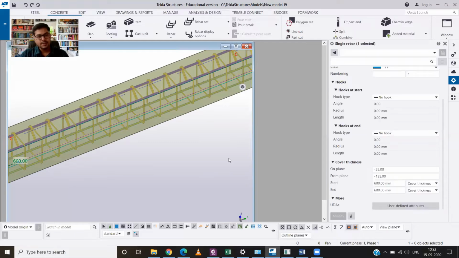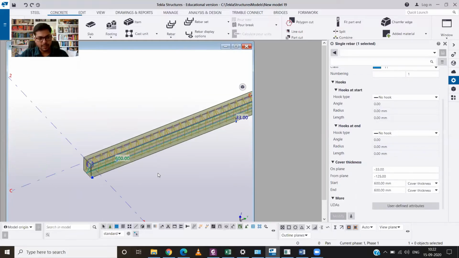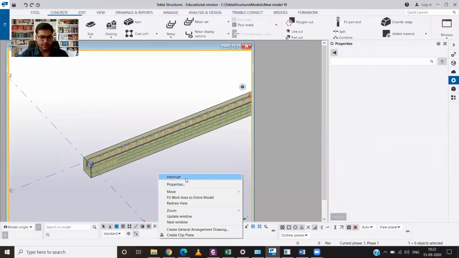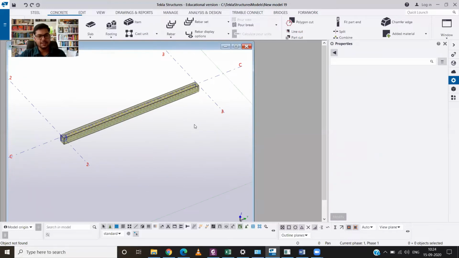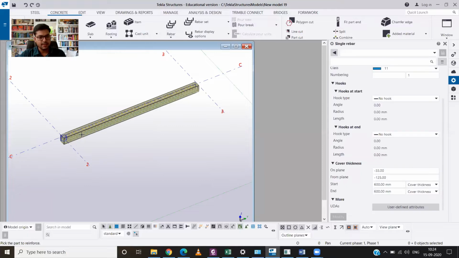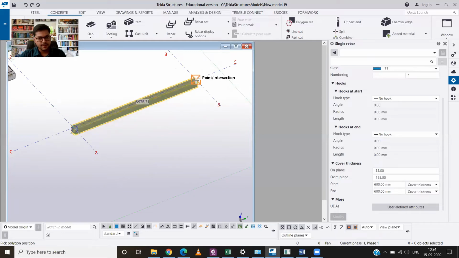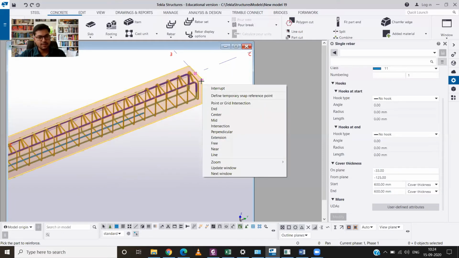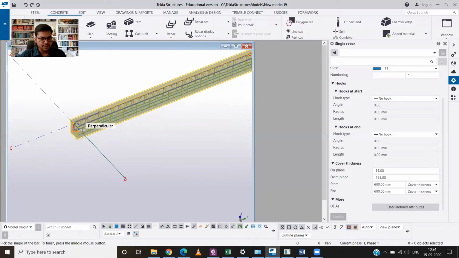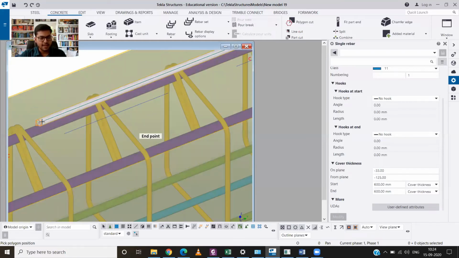Now you can also change all the parameters of bar from here. So it is good for the bottom bar. Let's provide the top bar and we will change the parameters over there. So to provide the extra reinforcement, all you need to do is to go to rebar, choose the bar, select the object, then define the direction by choosing the endpoints, hit the scroll button, then come back in the same direction and hit the scroll button. So you can see that your bar has been provided.